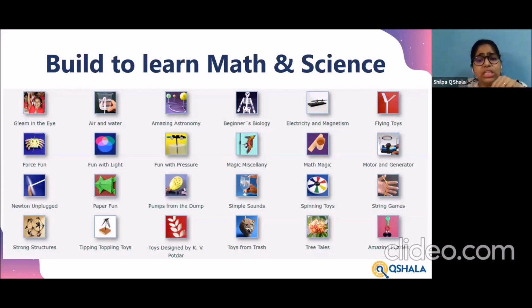You can teach very complex concepts in physics, chemistry, math, bio, everything by using very simple stuff that you have at home. And that's how he started this website called Arvind Gupta Toys, where he creates toys from trash and he explains beautifully about different science and math concepts.